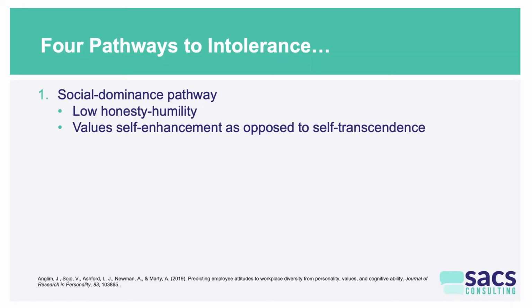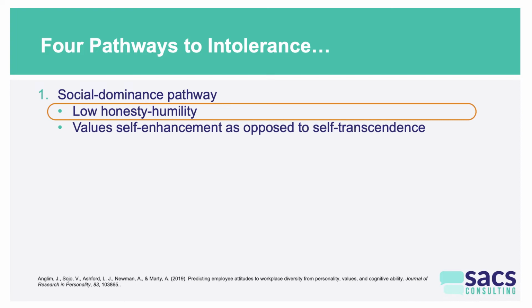And the idea of social dominance is, well, I'm better than other people, so I should look down on them. So if I'm better than people who don't come from the same ethnic background, or let's say I have a certain sexual preference, I'm superior to people who don't have that sexual preference, you can understand how social dominance, the idea that I want to be on top of some social pile, can cause me to be less tolerant. And in fact, there are measures that can be used for this.